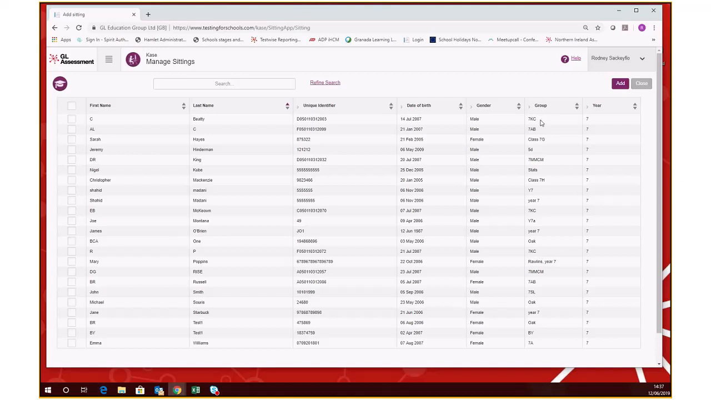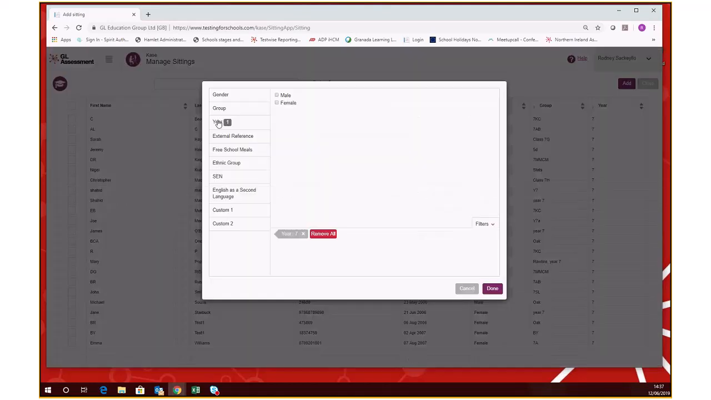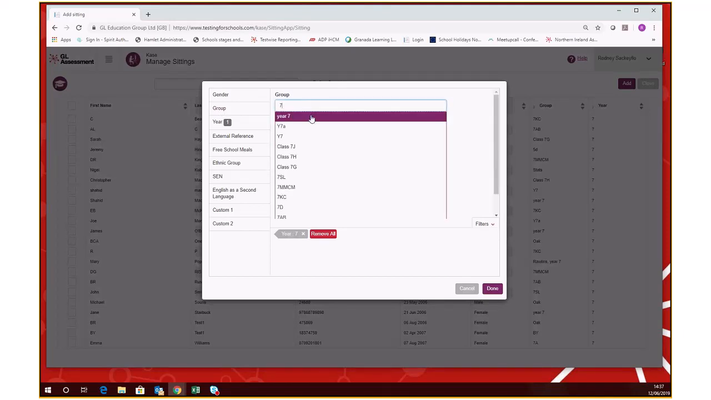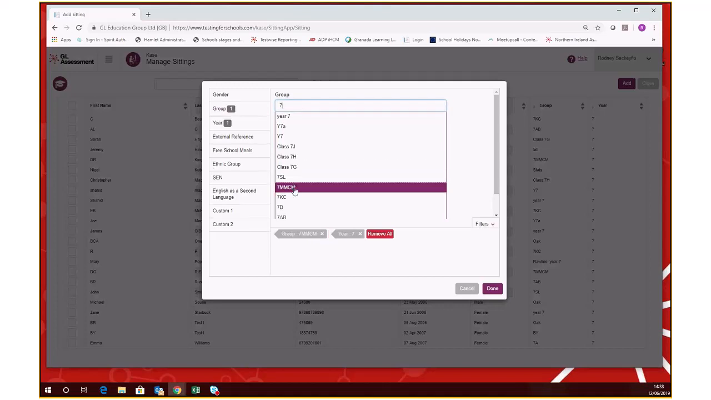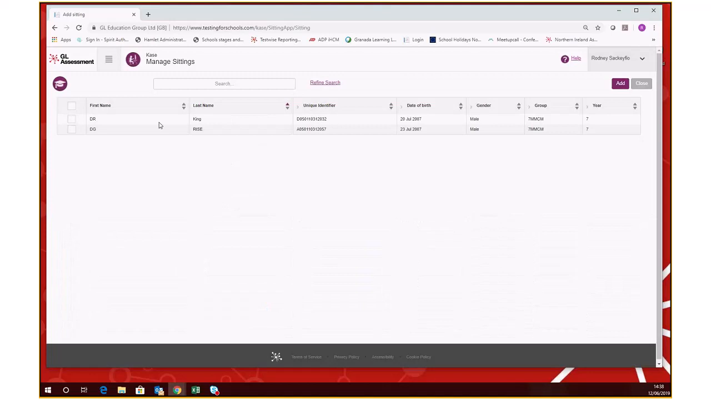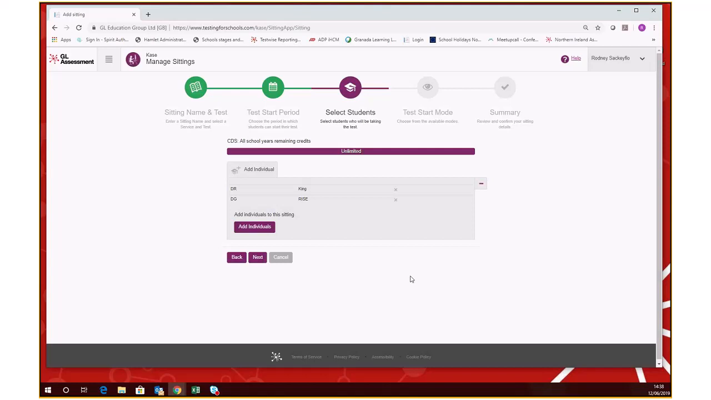If I have a particular class within that year that I want to set up this test for, I can click on the refine search button again, click on the group, and type the first number or the first letter. If it's giving me a few suggestions, just select that particular option and click on done, and that should filter those particular students for me. Click on your select box, or you can select them individually. Click on add